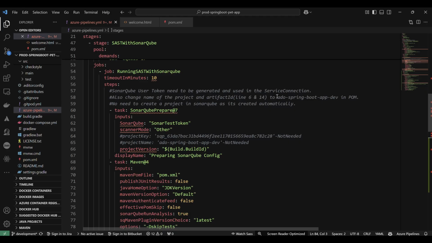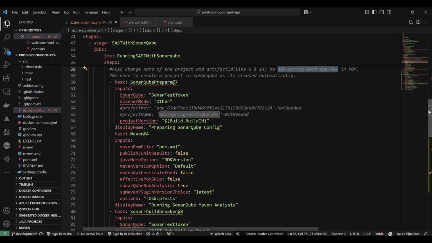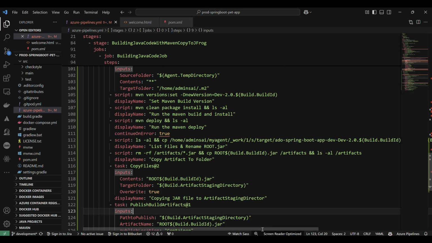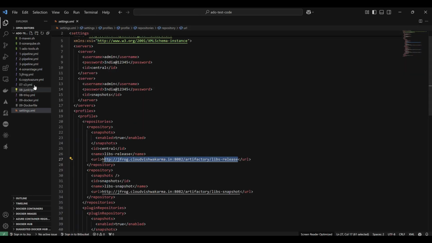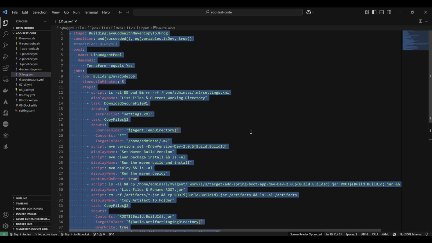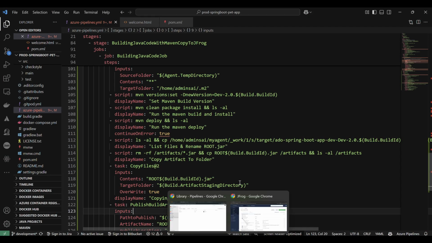This is with this name, ADO spring boot app development, and then it's going to copy the artifact into this directory itself. So that's my task, I wanted to achieve that. All right, so what exactly we are doing here, just come back here and make sure that you're copying the JFrog code first. Just copy each and everything, control C,